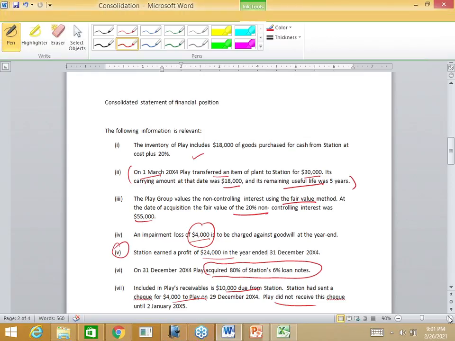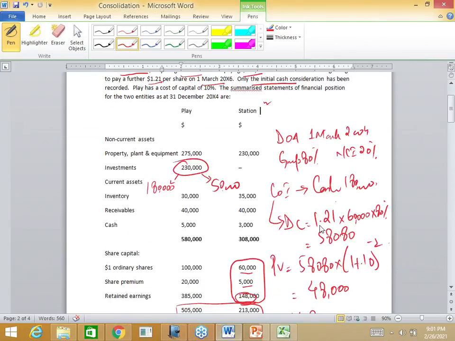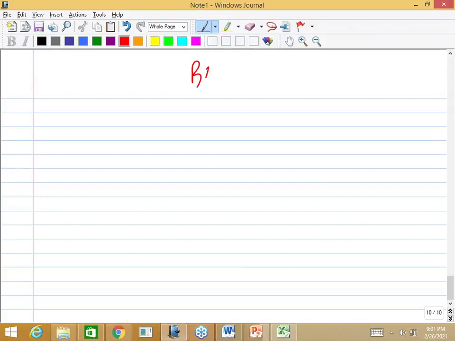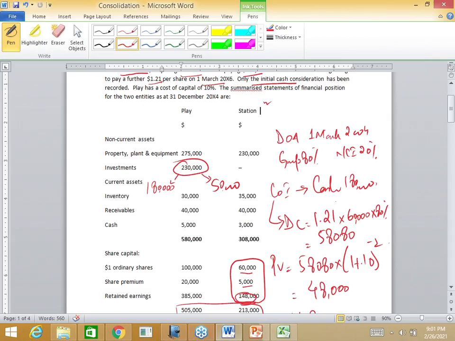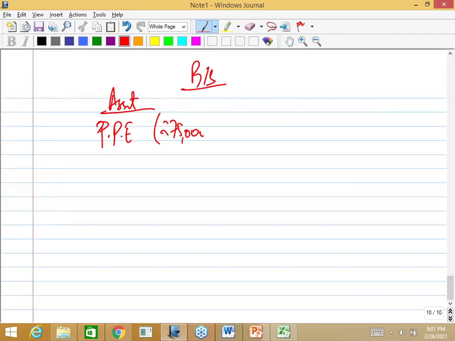Now, this is the most important phase, that you need to calculate the goodwill. The next step is very simple. Going towards the balance sheet, mostly students write property here. I'm suggesting you write the full property, plant and equipment. So the property, plant and equipment will be 2,75,000